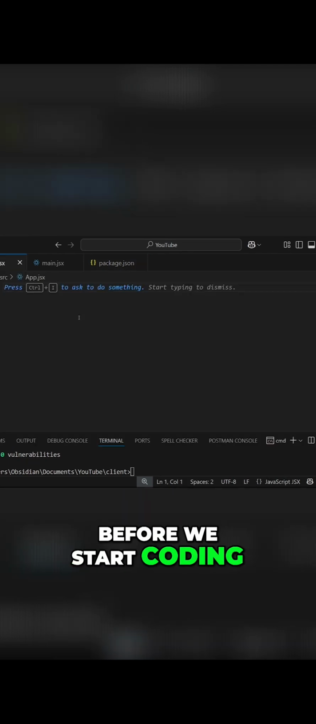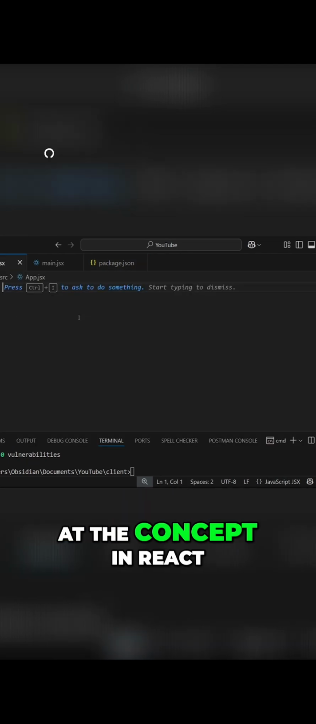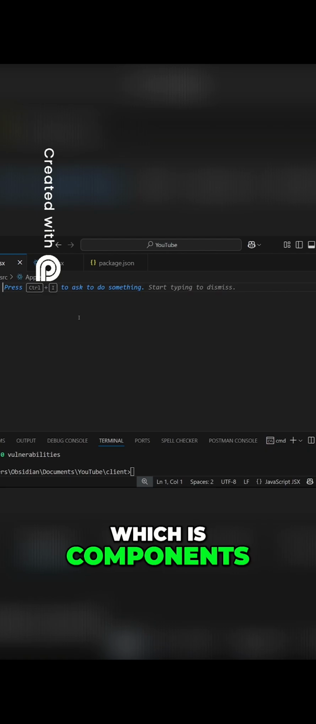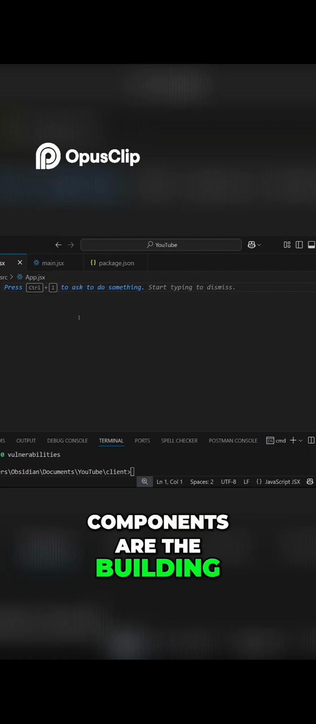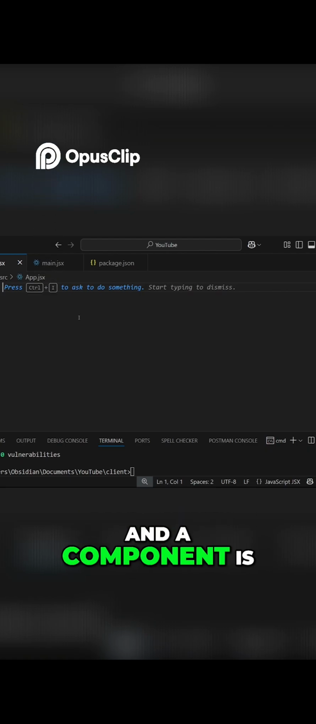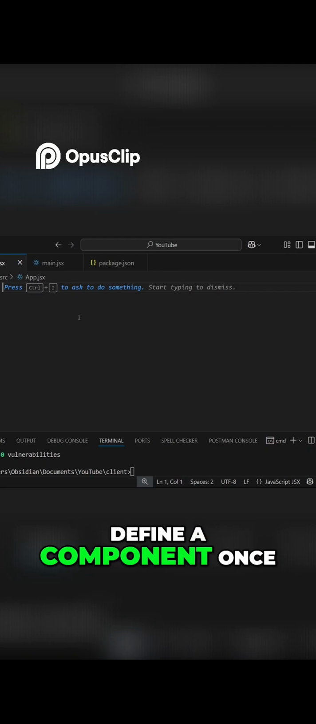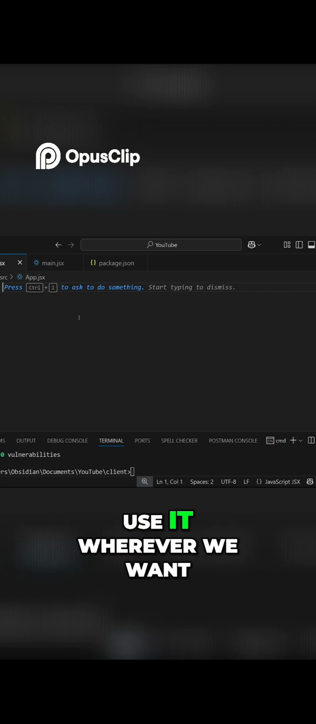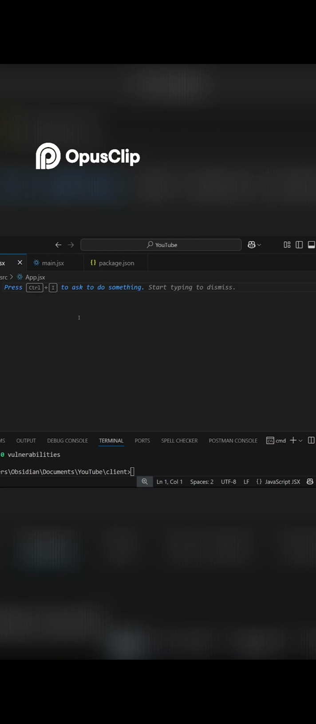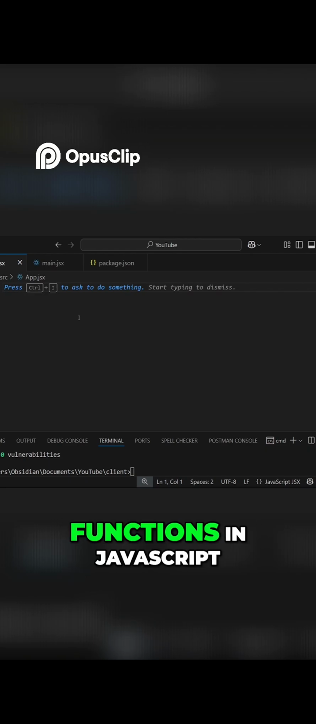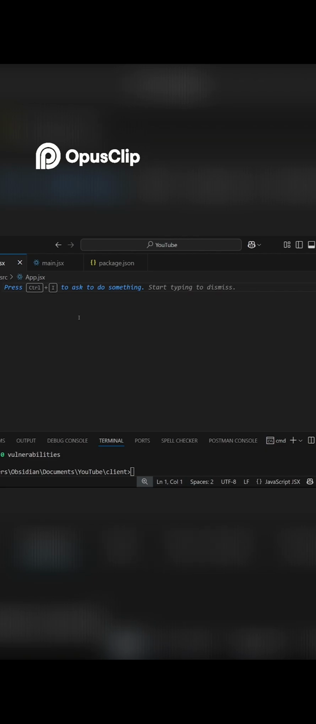Before we start coding, we need to look at a concept in React, which is components. Components are the building block of React, and a component is a reusable block of code. So we're going to define a component once, and we're going to use it wherever we want. We define a component in a similar way that we define arrow functions in JavaScript, but there are some rules